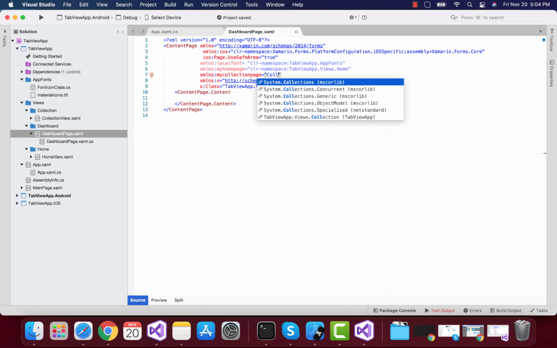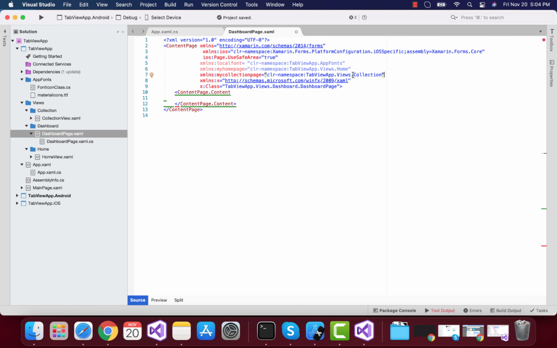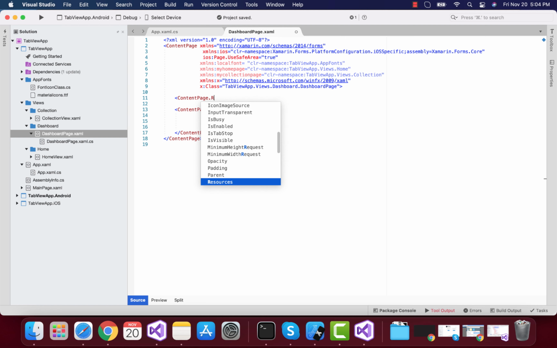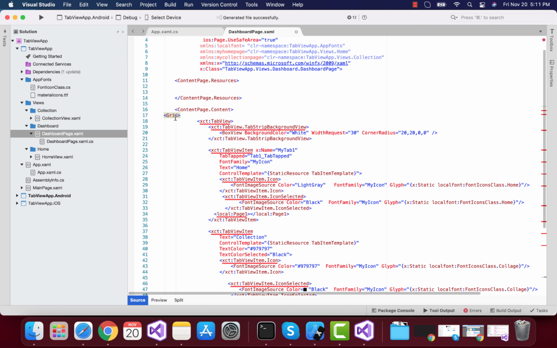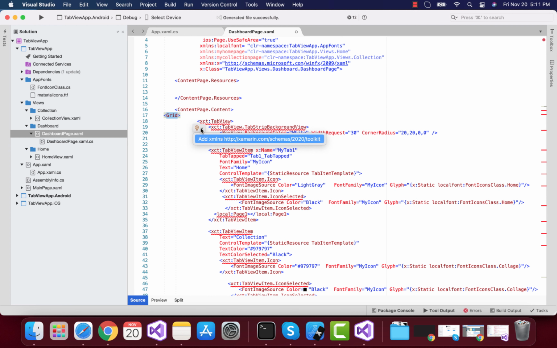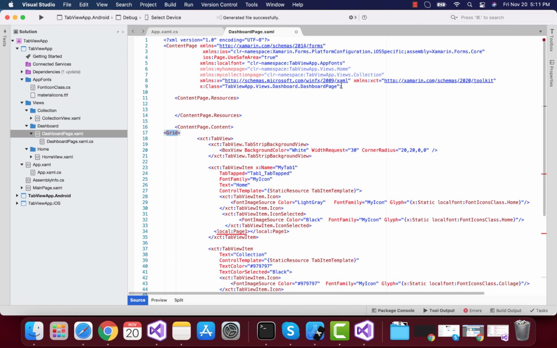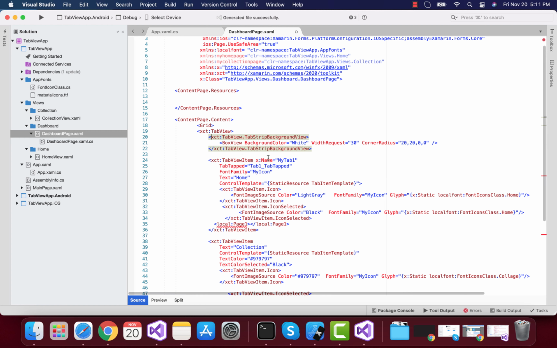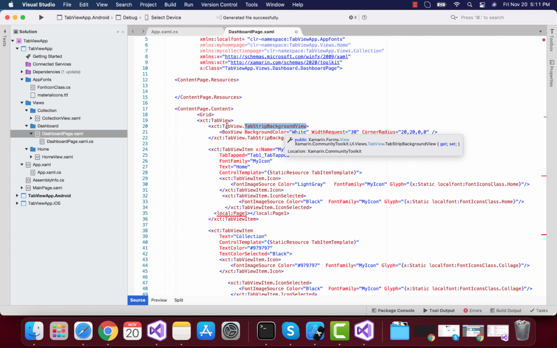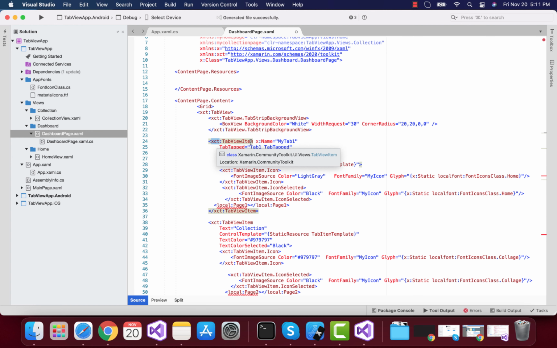So I again request you to change that collection view name, because it might contrast with our Xamarin Forms controls collection view. We know that we have to add tab view inside our dashboard page, so that the tab view will have its home view page as well as our collection view page inside it. So that is inherited from XCT, that is inside the toolkit. So you can just add that extension if your namespaces are not automatically generated.